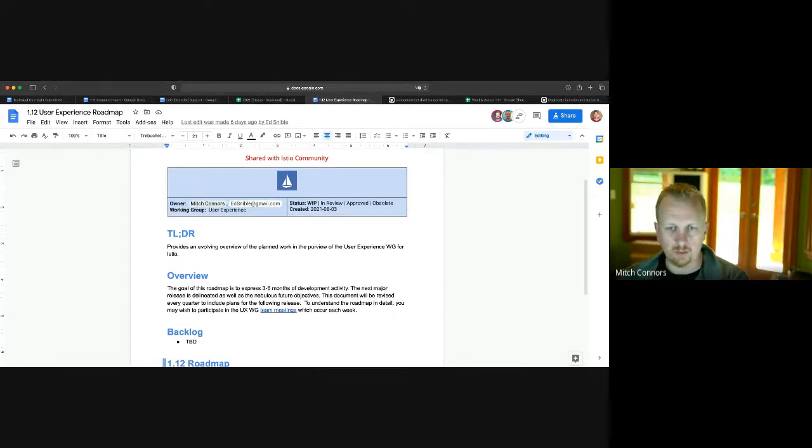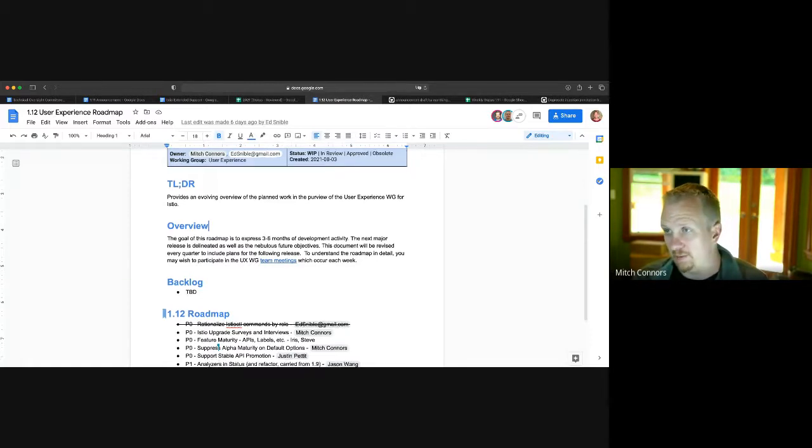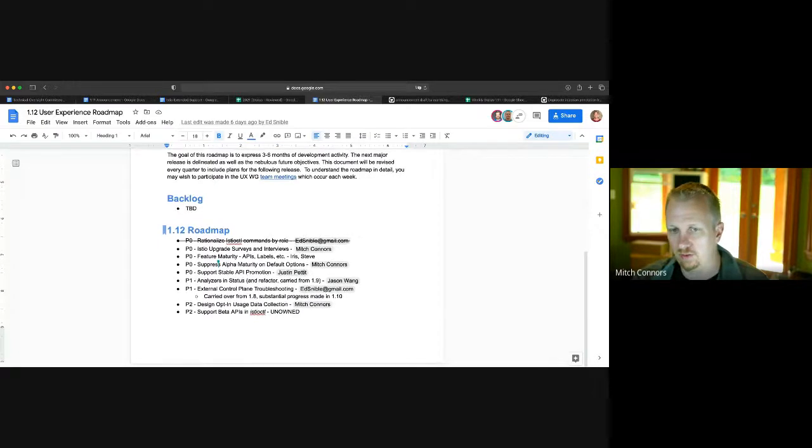So the UX roadmap for 1.12, we took the doc for 1.11 and put a 2 where the second one was, more or less. Both Ed and I have been almost 100% allocated to internal facing projects at our various companies the last quarter, somewhat unexpectedly. So very little moved forward in 1.11. And so we have carried all of that forward to 1.12. Do you want me to go line by line like we did 3 months ago, or what do you guys want to do from here?